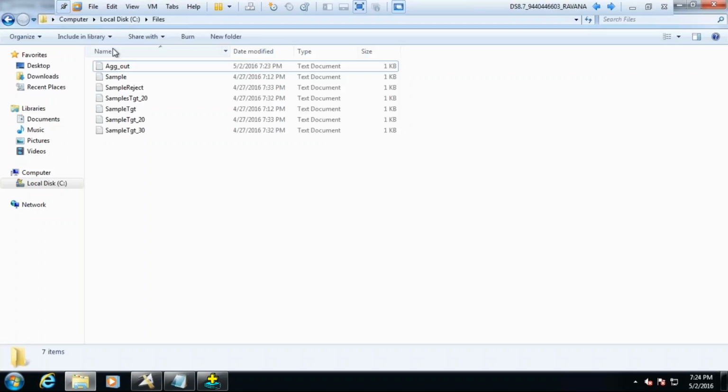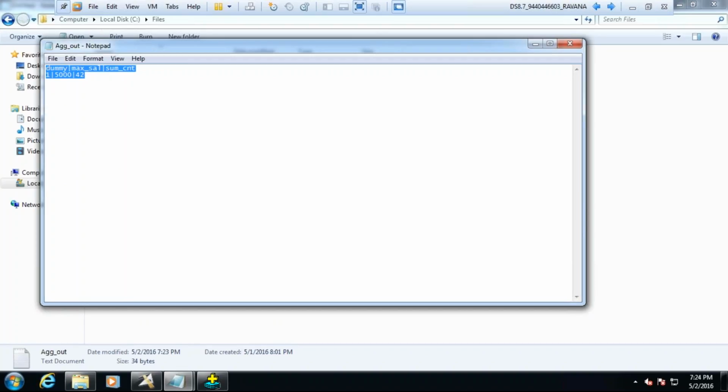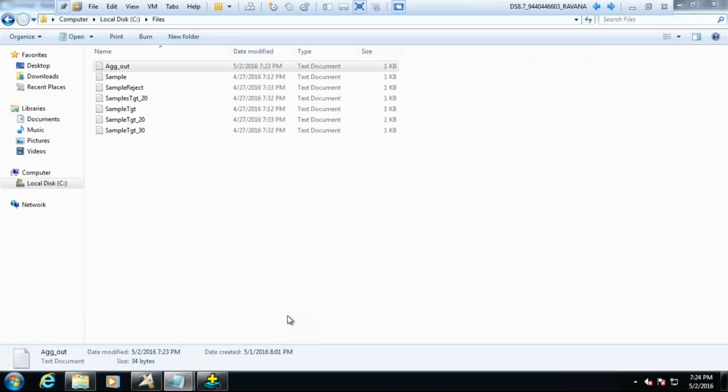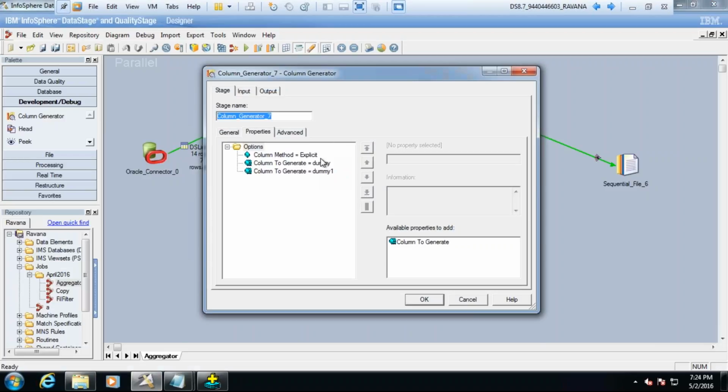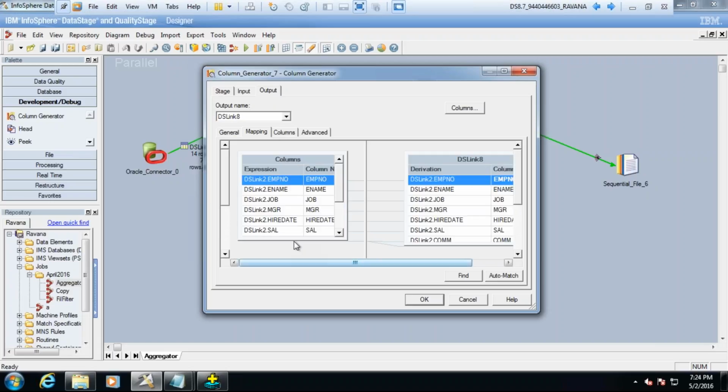Go here. So why did you get 42? What is the reason you have got 42? Any guesses? It's difficult to guess, so let me show you.